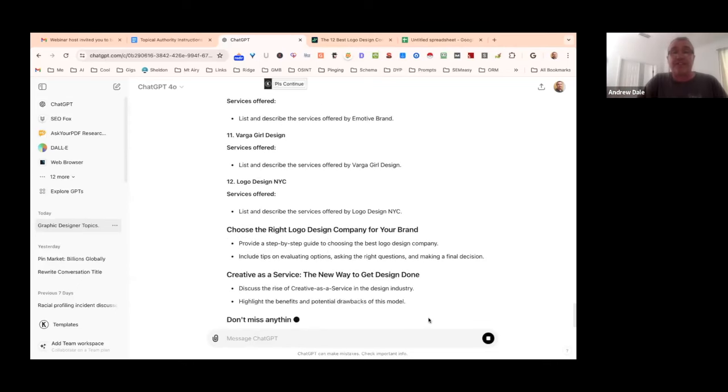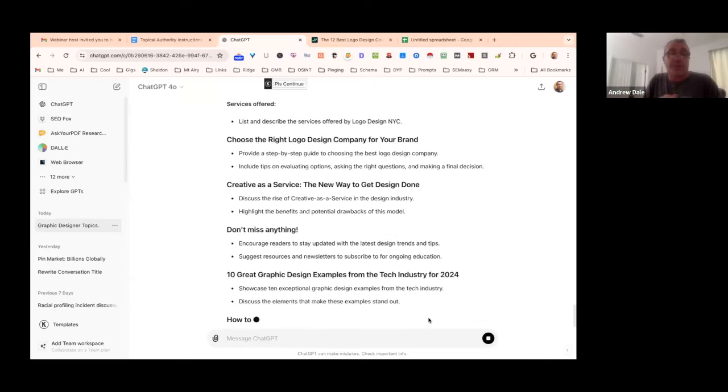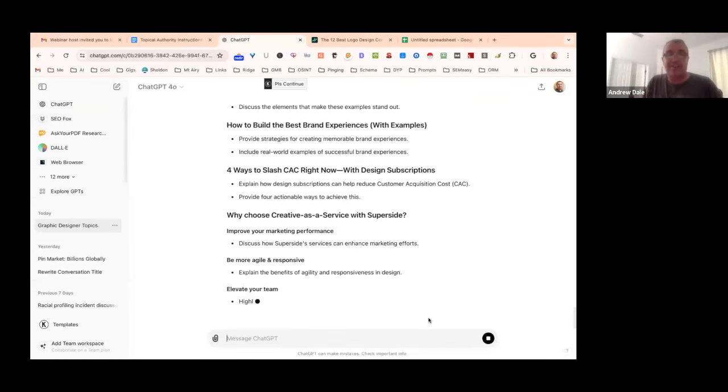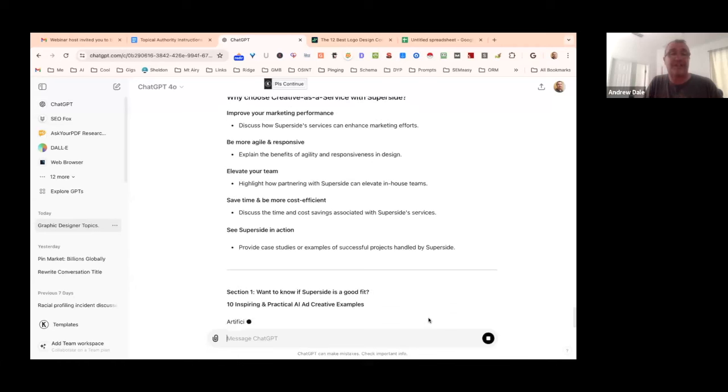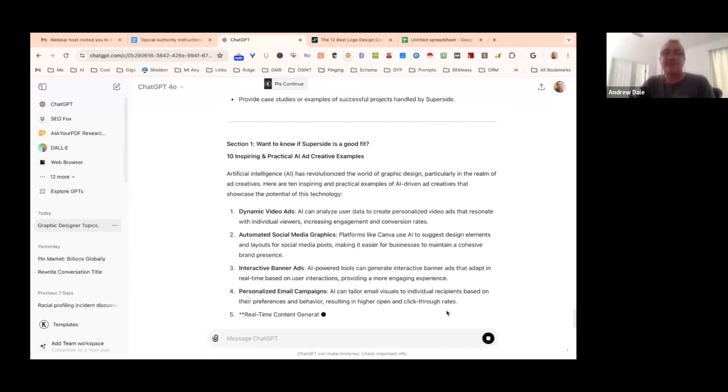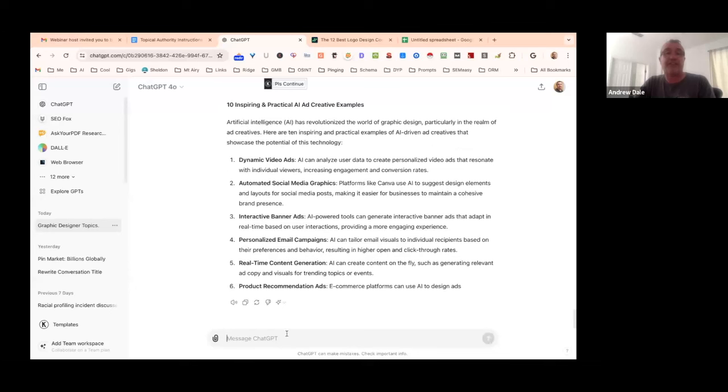Okay, so now it's generating an article, but what I don't like about the article is that it's referencing, you're the graphic designer, and this one is now referencing other graphic design companies out there. So we're going to just stop this, and we've got to tell ChatGPT, hey, we like this, but we need to tweak this.